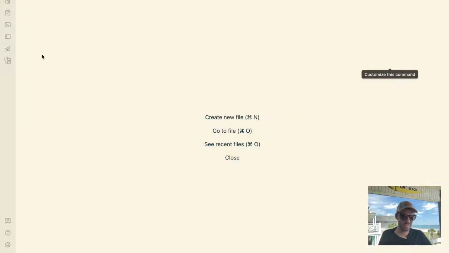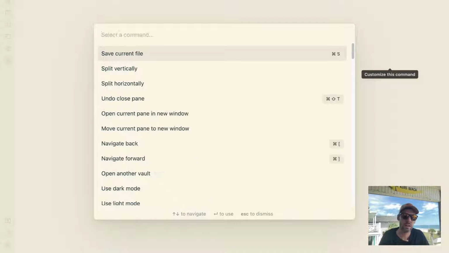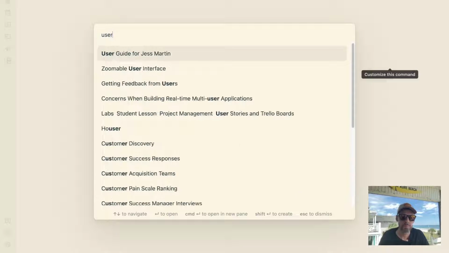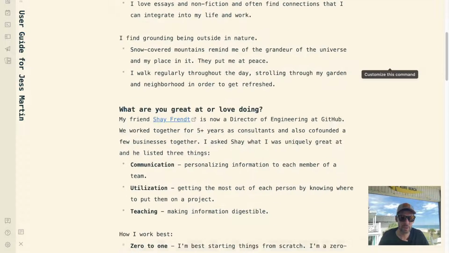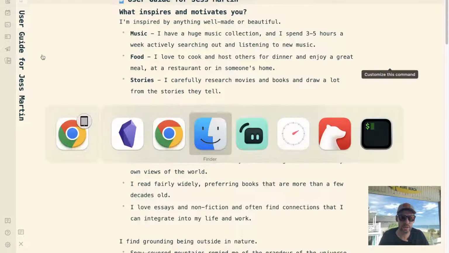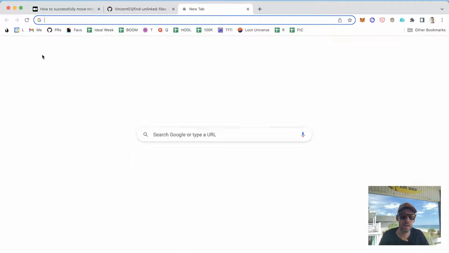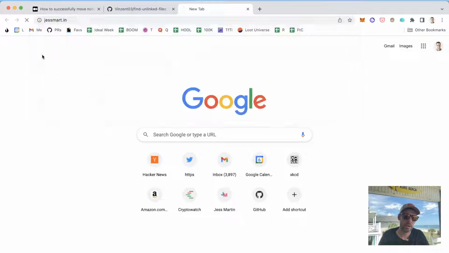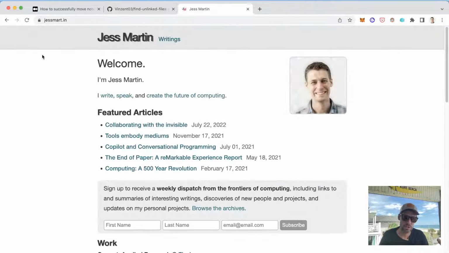Does anybody remember what it is in VS Code? Like, what's the command? Oh yeah, so Million Grad asks about a user guide. I kind of teased that, and I realized I should have said more about it. Something that I find super helpful is writing up a little bit of information about how to work with you, giving people an introduction to you that is practical for them in working with you.